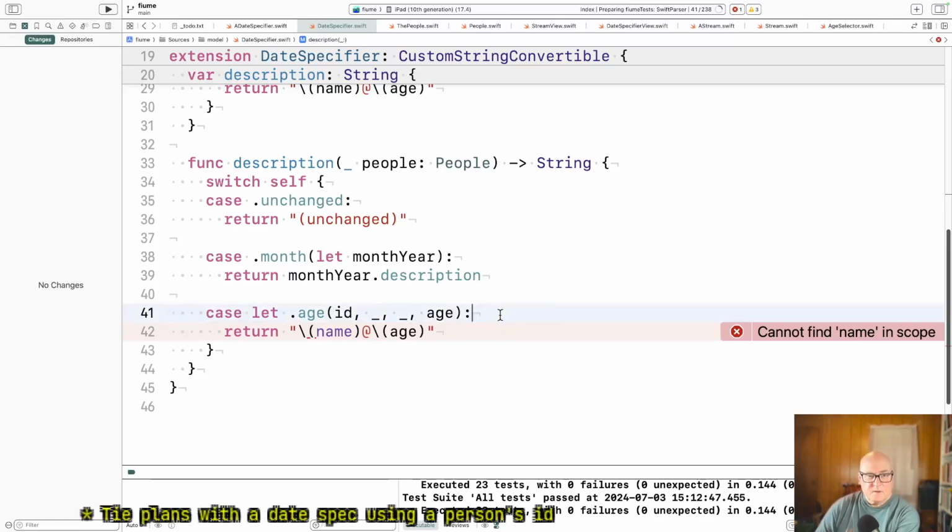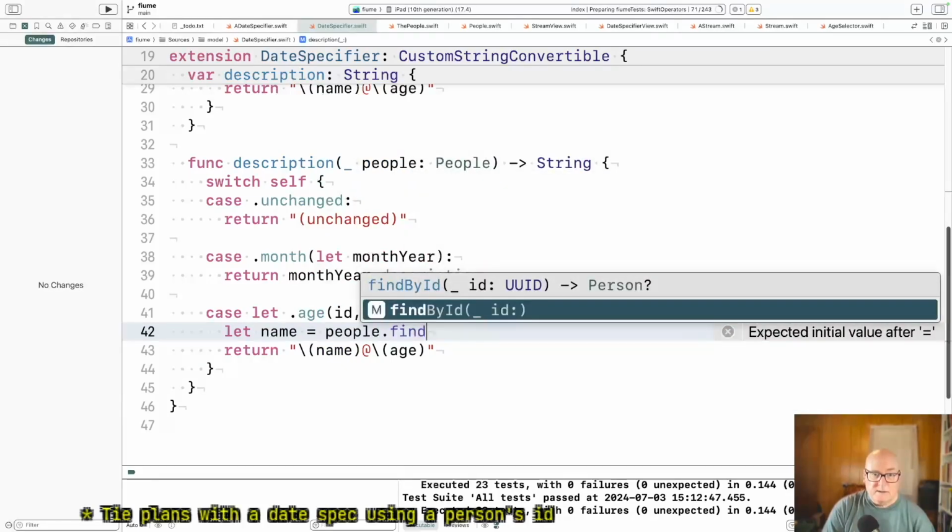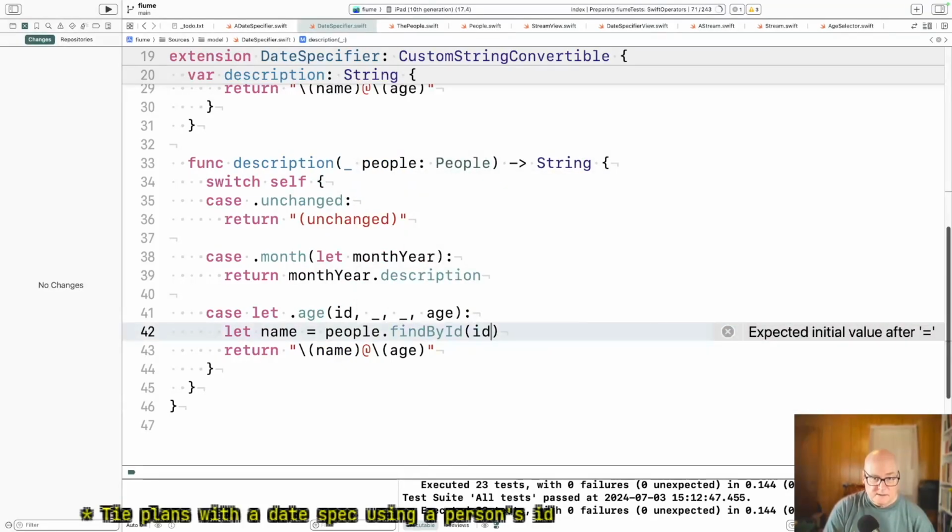All right, now name is people dot find by ID of ID.